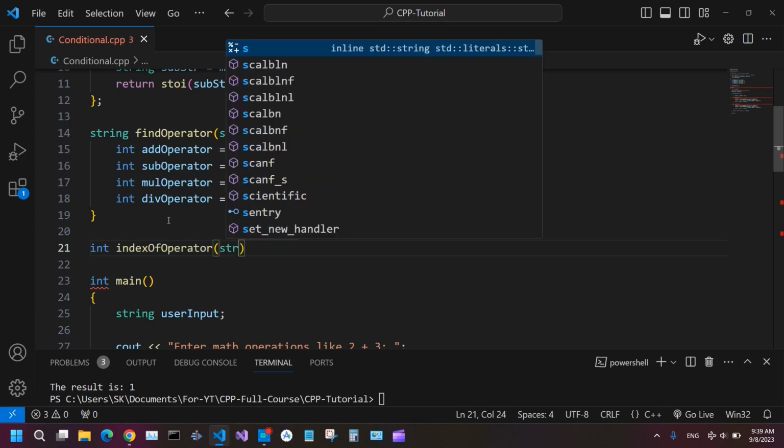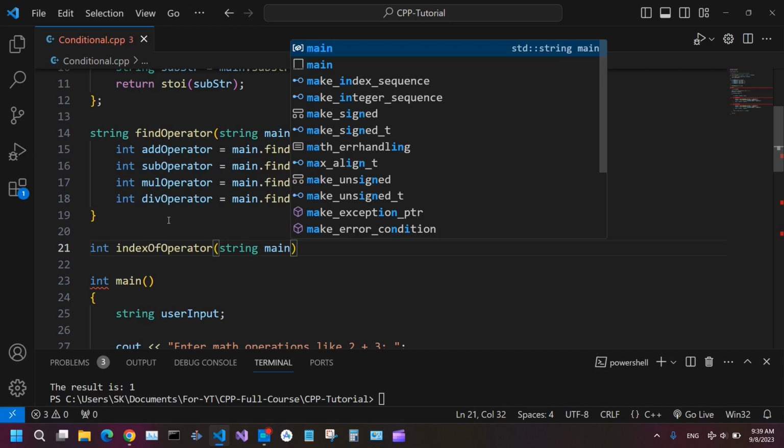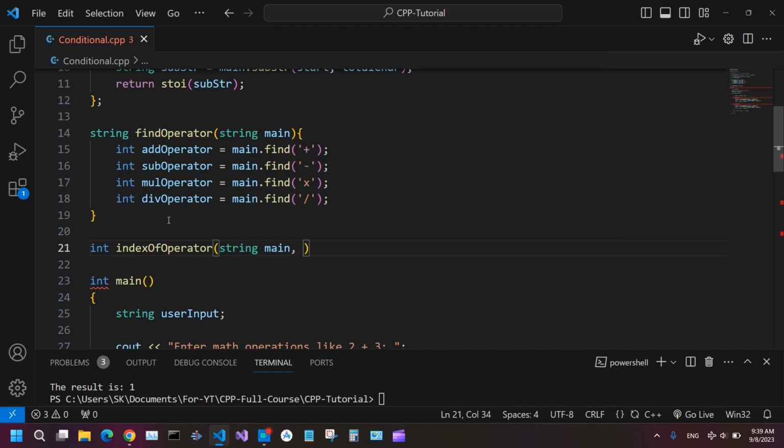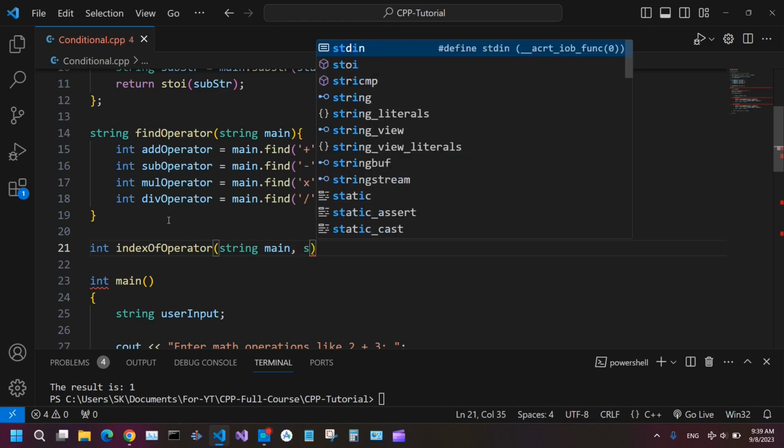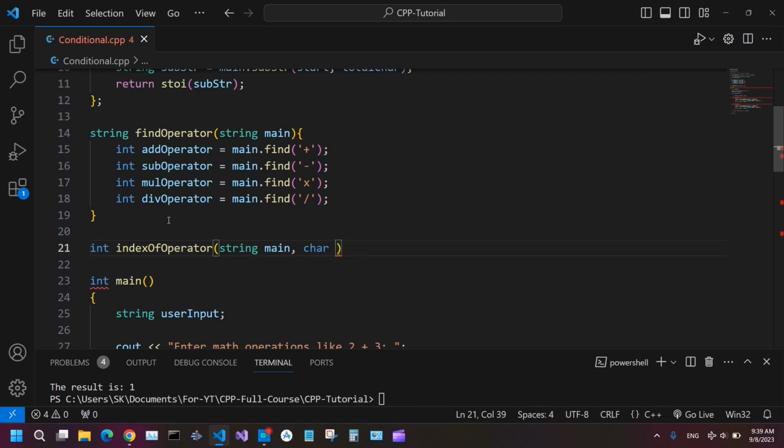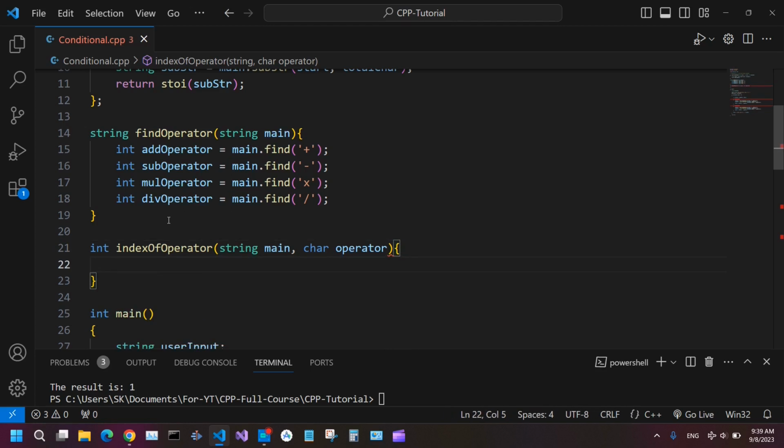We pass here also the string main, and char operator, it returns